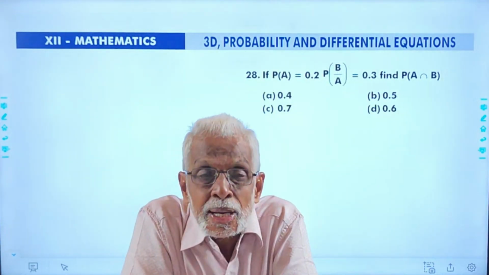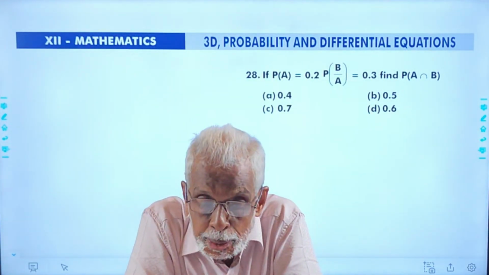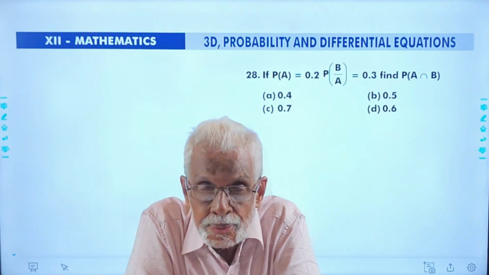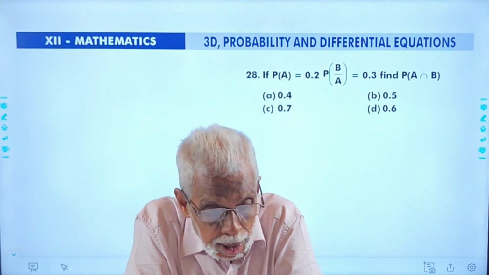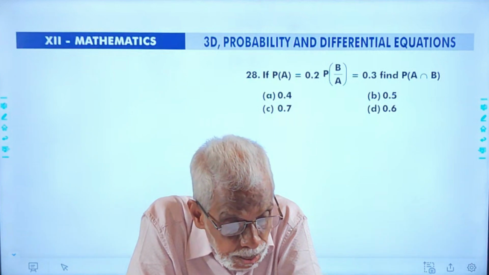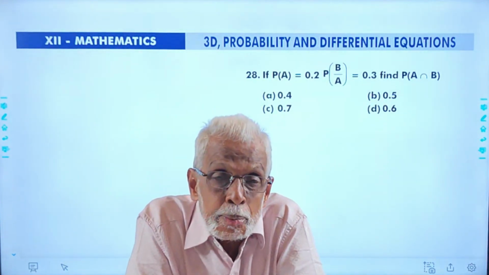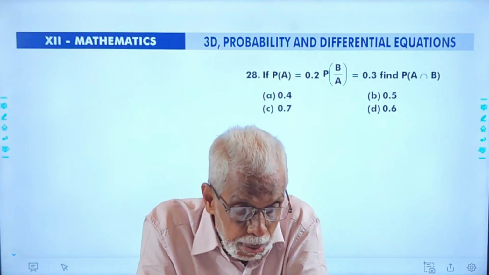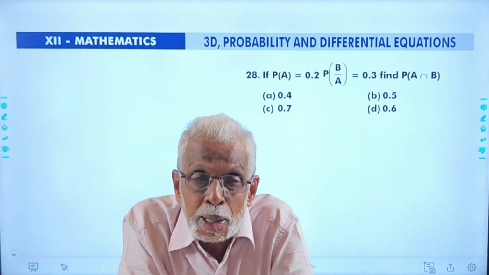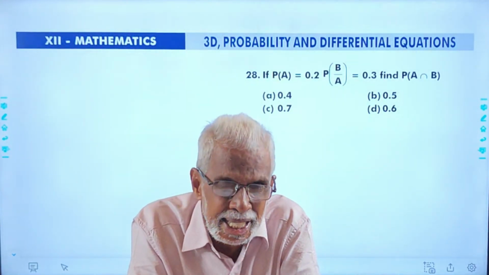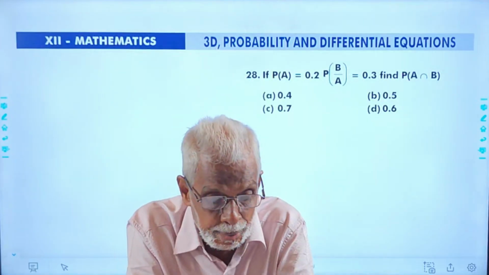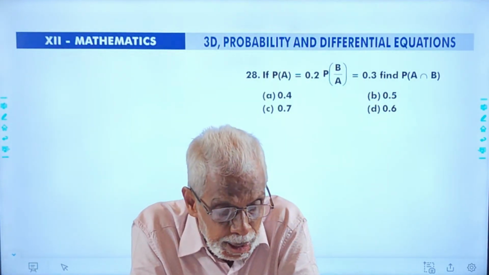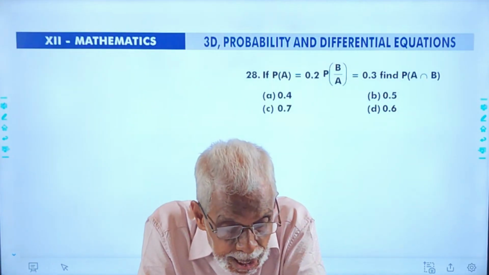P are given. P of A is 0.2. P of B by A is 0.3. We need to find P of A intersection B. What is P of A by B? P of A by B is P of A intersection B by P of B, conditional probability. Here we are given P of A, P of B by A. What is P of B by A? P of B intersection A divided by P of A. Putting the values of P of A and P of B by A, we get P of A intersection B